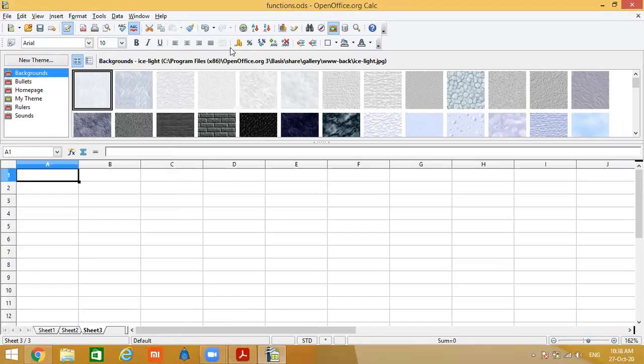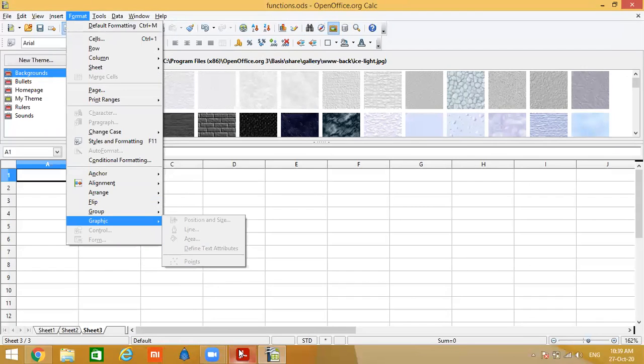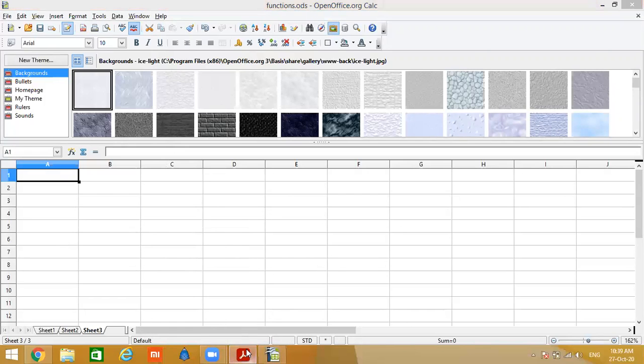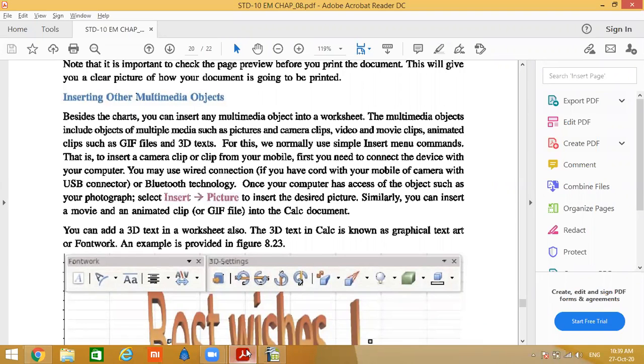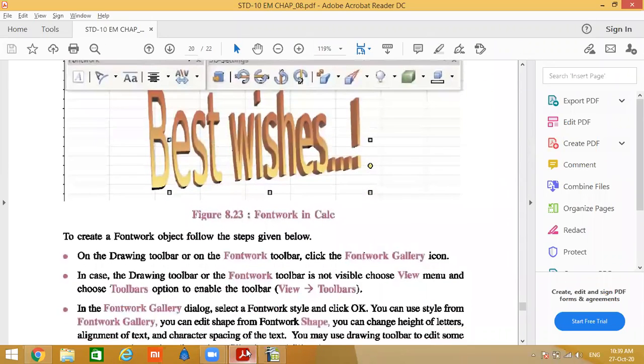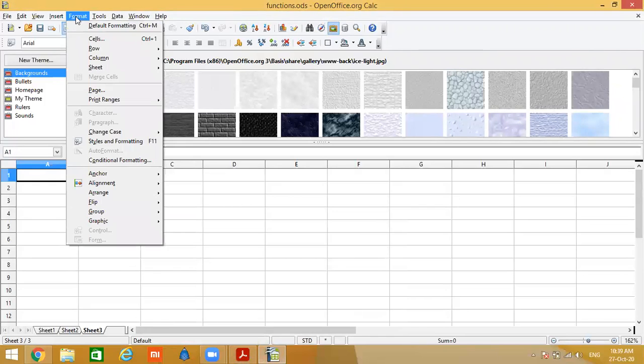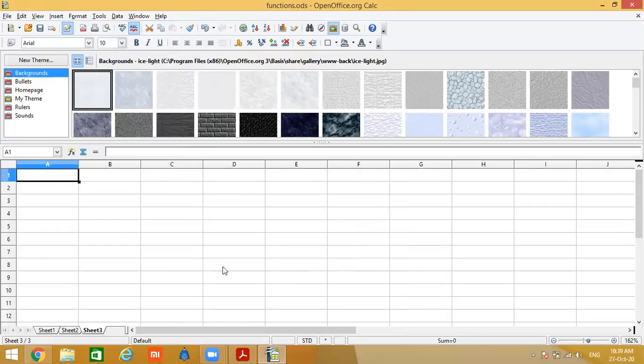See. This is our gallery. If we want to insert any theme into our document, this theme will be applied.